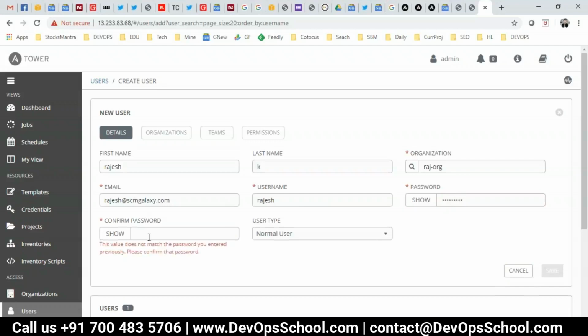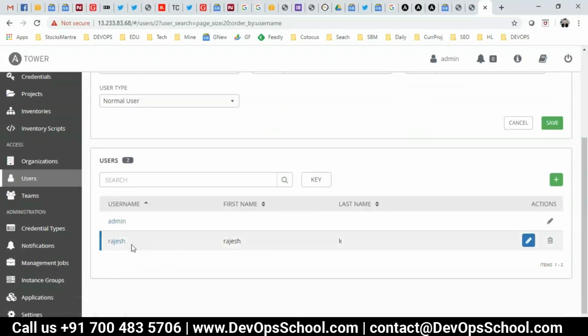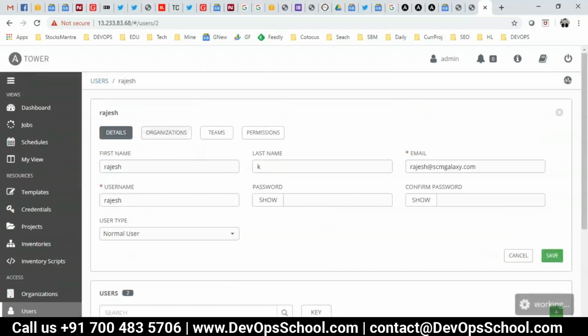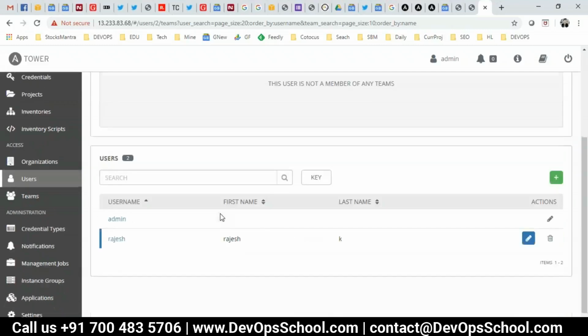Rajesh123. Rajesh123. Normal user, system auditor, system administrator, depending on what you want. Normal user, save it. Now this user is being created. Now here, this user, edit. Here you can put that organization. As of now, this user is not a part of any